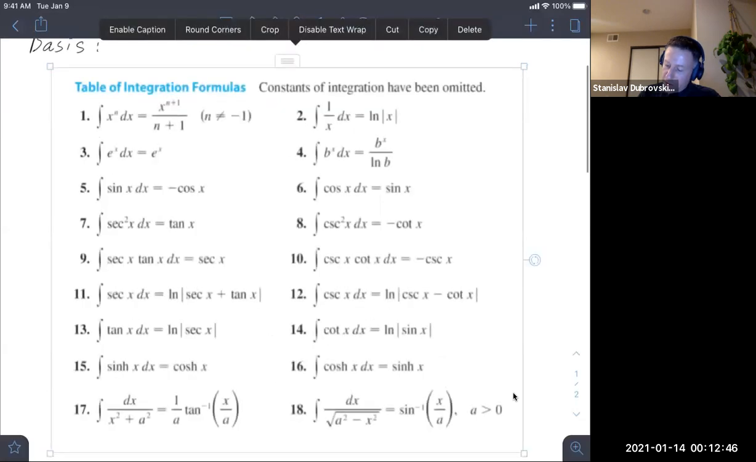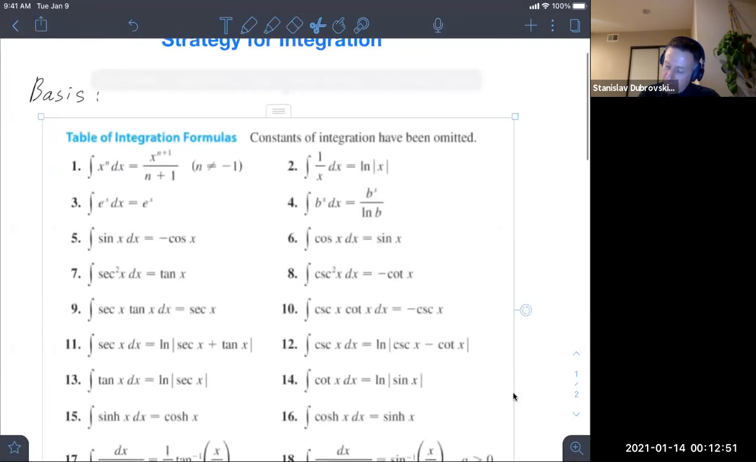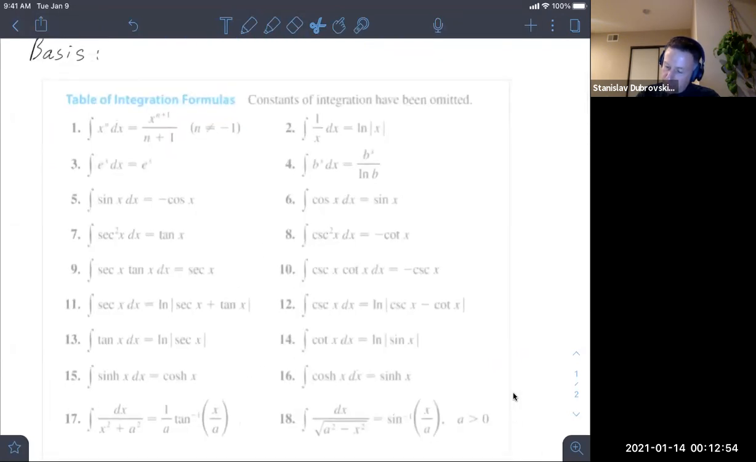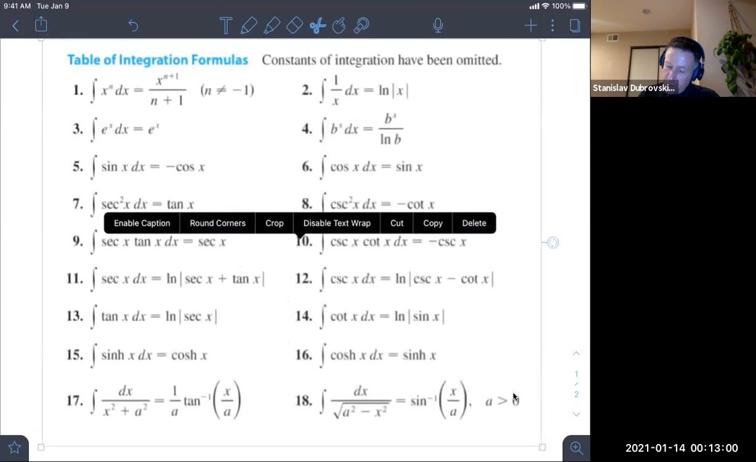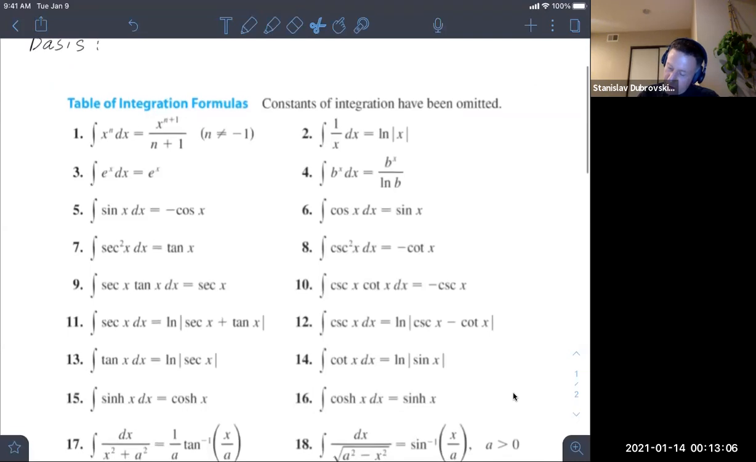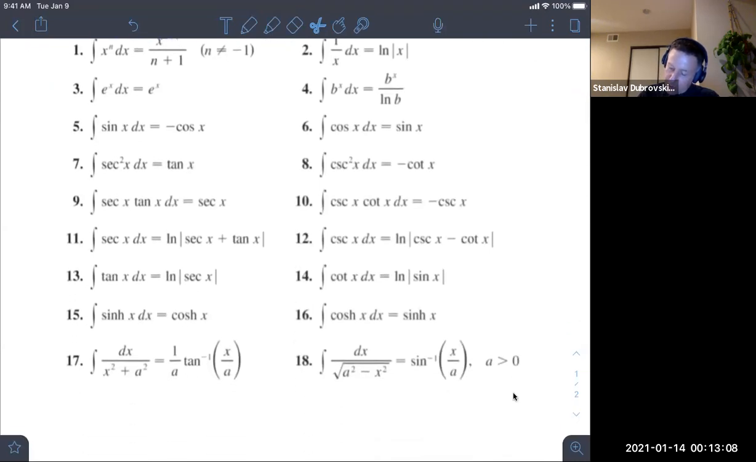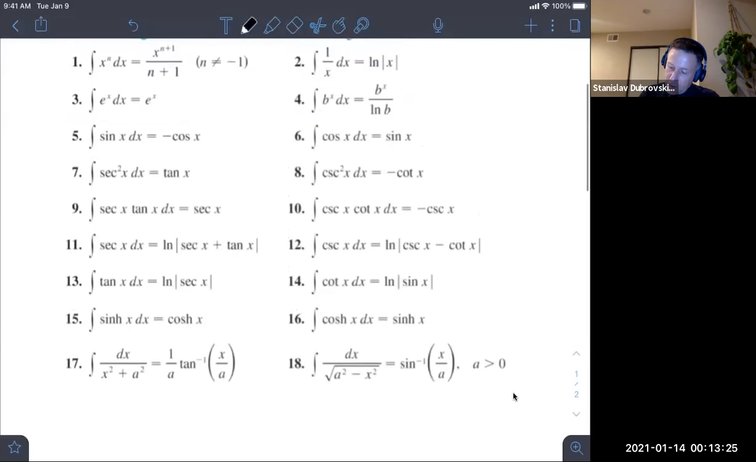Most of it is, of course, the derivative table read backwards. So if we follow the derivative table backwards, then we'll come up with most of the formulas, but some of them are actually a little harder than others. For instance, you don't necessarily have to remember the last two, if you have an idea of what